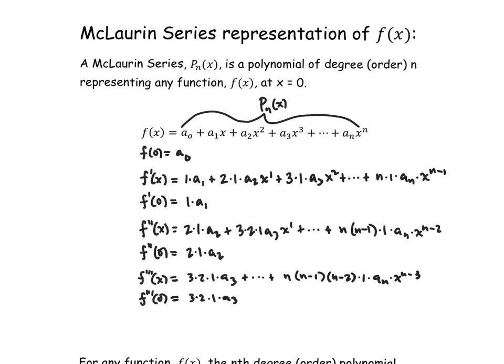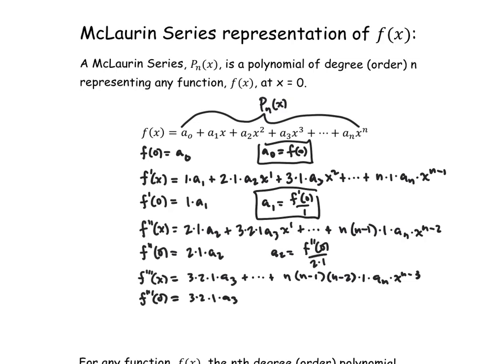Now, what's the point of all of this? It's to isolate and find out what each a sub k equals in terms of f of 0. So a sub 0 equals f of 0. A sub 1 equals f prime at 0 over 1. A sub 2 is equal to f double prime at 0 divided by 2 times 1. A sub 3 is equal to f triple prime at 0 over 3 times 2 times 1,